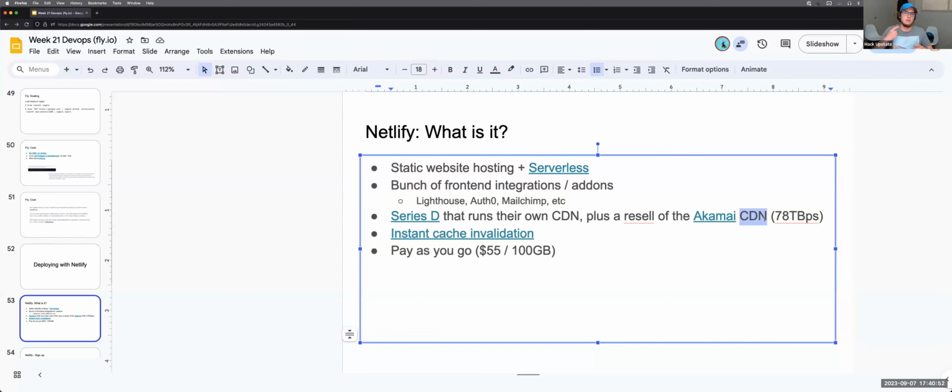Similar to with Fly, how you could pick where you wanted your server to be spun up. These CDNs, like this Akamai CDN, they've got servers everywhere. And what that means is that when you upload your front end code, it's getting distributed to all of those servers all around the world. And the benefit to you is that the closer to the end user the CDN is, the faster your website will load. So these content delivery networks that Netlify and Akamai run